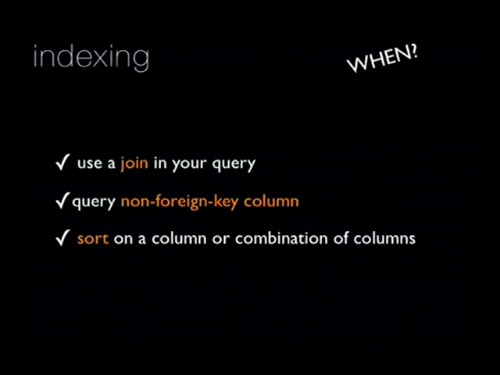Every time you have a join in a query, you need an index. Every time you query on something that is a non-foreign key column, like my last name on the first query, you probably need an index. Every time you sort on a column or combination of columns, you will need indexes. Now the problem is, it's great. Probably most of